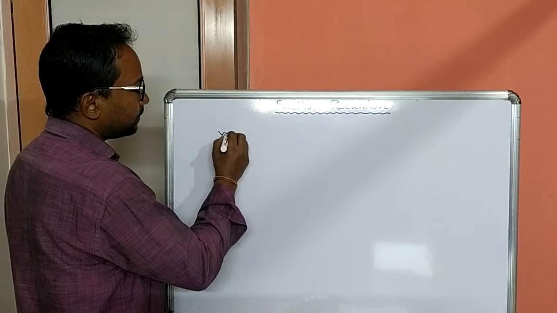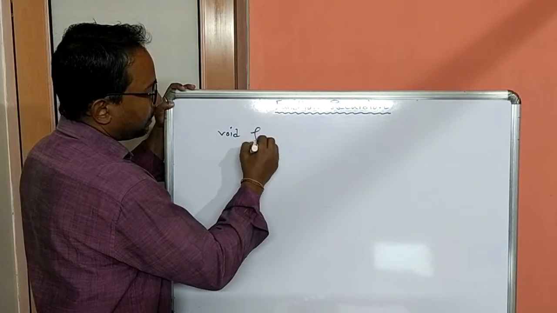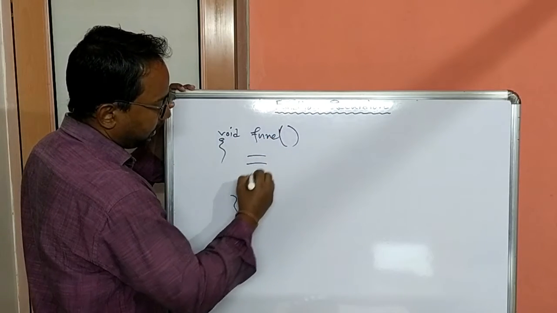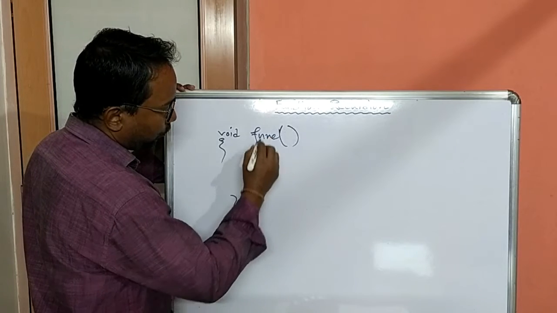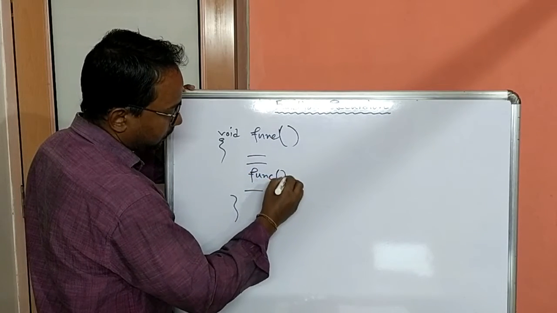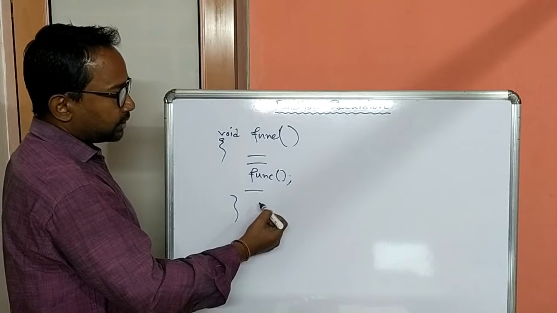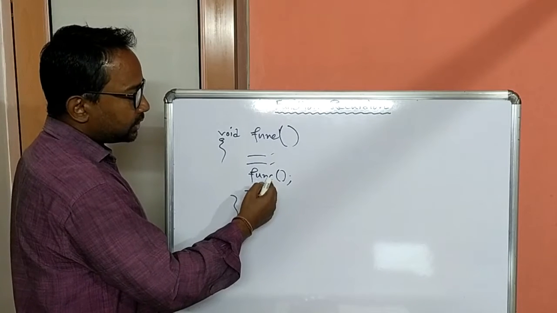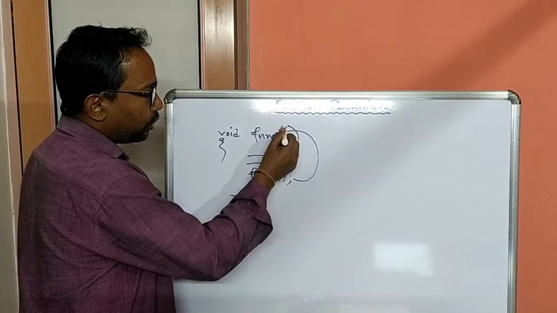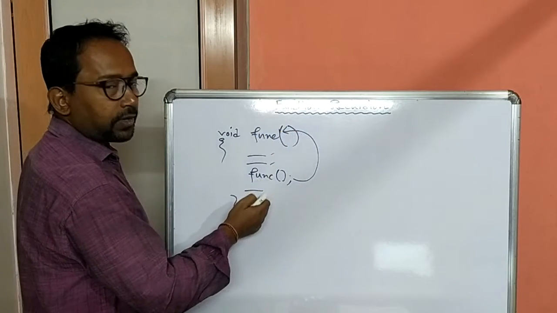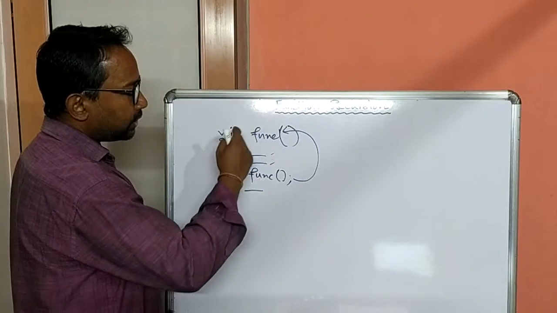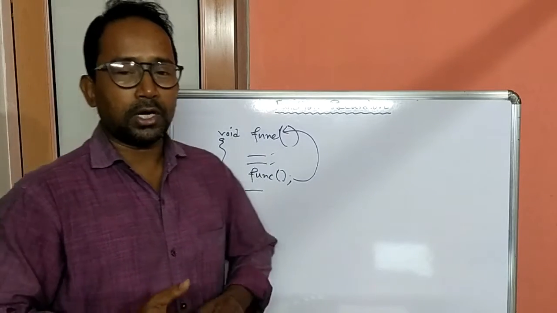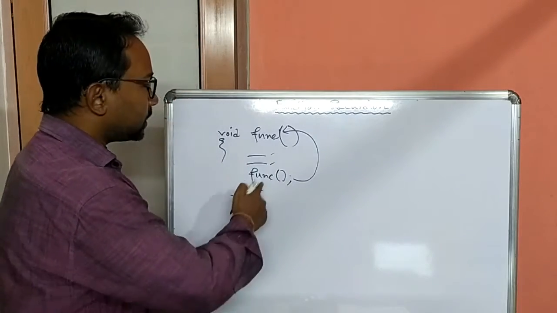Suppose the function name is FUNC. Some lines are here, and here one call statement is there to call this function. So when this function executes, the first line will execute, the second line will execute, then when the third line executes, this is a call statement. For that, control will come here to call the function again to execute the function body. So this way the function calls itself, which is called function recursion. So how many times will the function execute? It depends on a condition. Understood? So this is direct recursion.